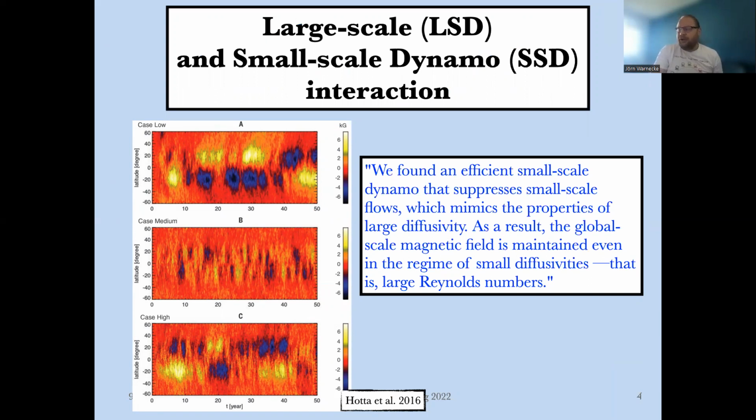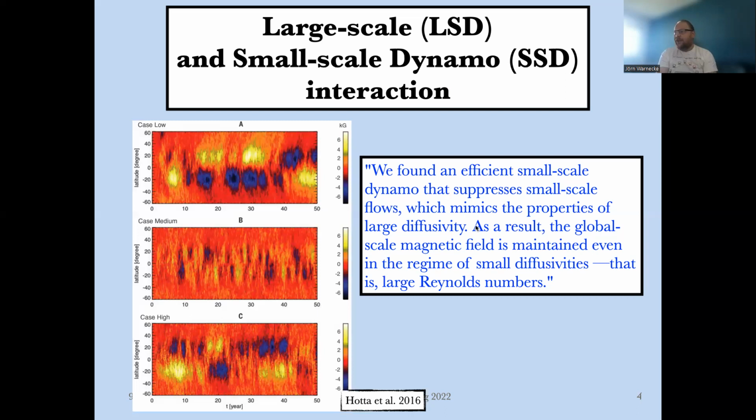One quite interesting and famous study is the one by Hideyuki Hotta, who quite early on pushed the resolution of his models quite high. In this Science paper, he has cases with three different resolutions: low, medium, and high. He sees that the large-scale magnetic field first becomes weak and not really cyclic anymore, and then he retrieves it after reaching high resolution. And his interpretation, a quote from his abstract: